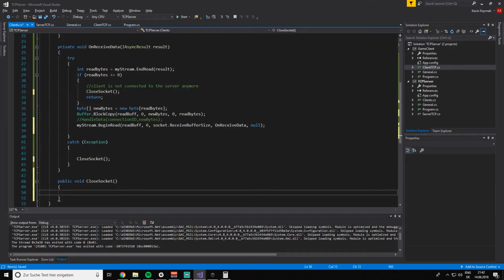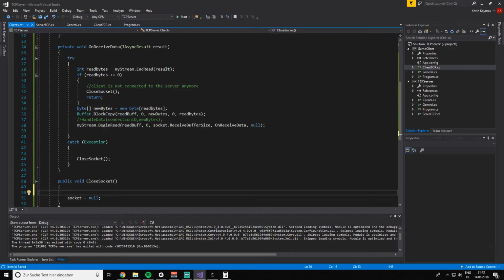So the server still thinks, okay, there are still 1000 players on the server, and new players aren't able to connect anymore. So that's why we are going to say socket equals null, which basically nulls our socket,